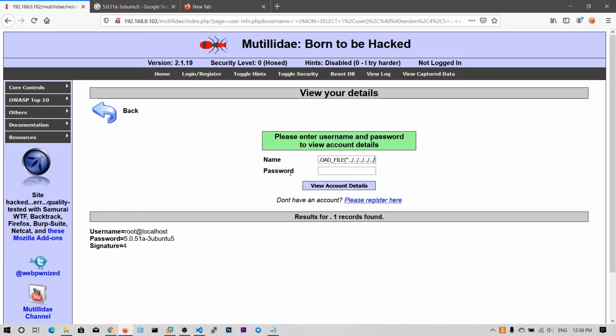I don't know in which directory the SQL service is running, so I can just go to the top of the directory and say etc/passwd. I'm trying to view the etc/passwd file.